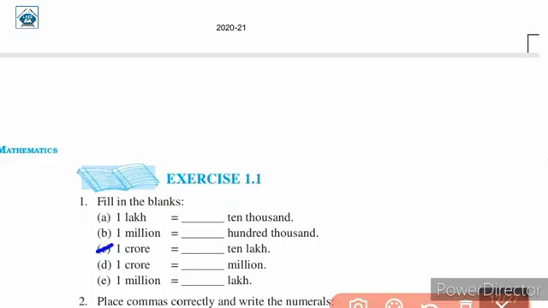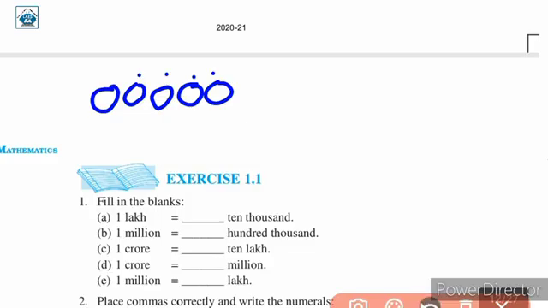Next we have 1 crore. It is equal to dash 10 lakh. So firstly we will write 1 crore. Let us write it the similar way we wrote 1 million. Ones, tens, hundreds, 1000, 10,000. Here we don't have 100,000 because 1 crore belongs to which system? The Indian System of Numeration. So after ones, tens, 100, 1000, 10,000, we will have 1 lakh. Then we will have 10 lakh and after that we will have 1 crore. So here we will have 1 followed by 7 zeros which equals 1 crore.